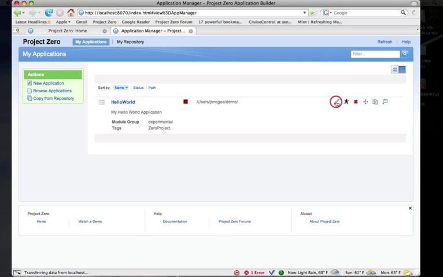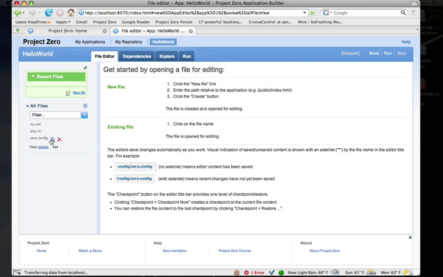If I actually want to edit this app, I can click on edit, and I'm now brought into the file editor view, and this is kind of the main view you'll use while editing applications in the Project Zero application builder. Just to give you the layout here, here at the top we have basic navigation,